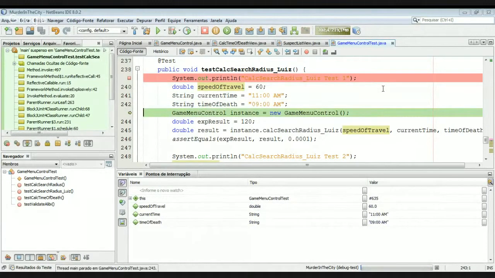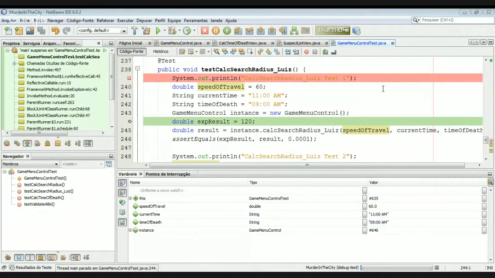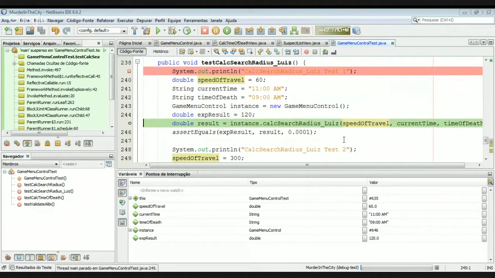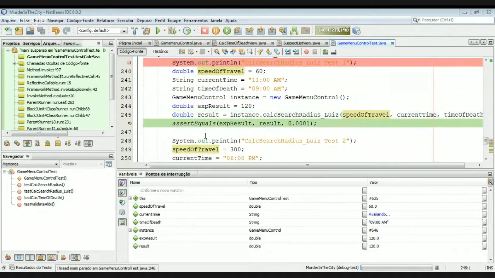Now I'm going to create a new instance of the class that contains the calc search radius function. According to these parameters, we expect the result to be 120, so we're going to put this value in the expect result variable. Now we're going to run the function and its return value will be assigned to the result variable. At last, we'll just check if both values are the same. But we can see here in the bottom part that both already have the same value, so this test is